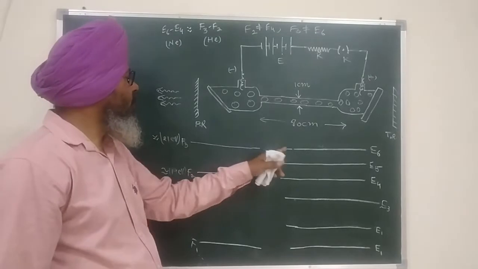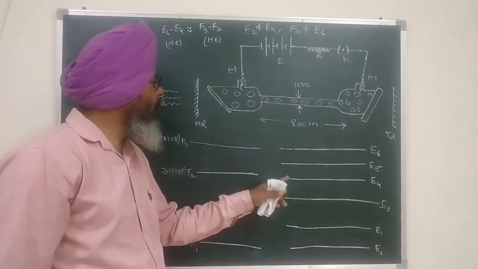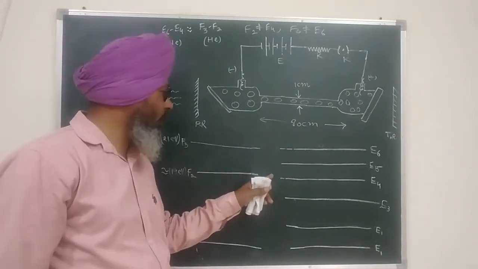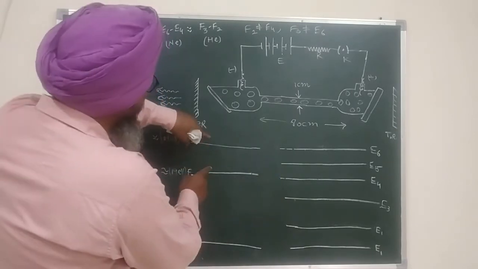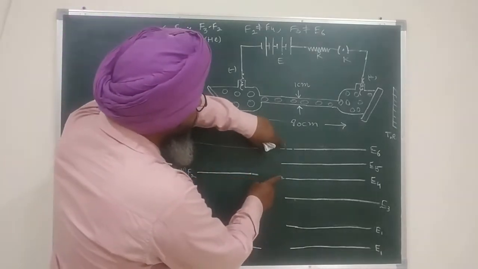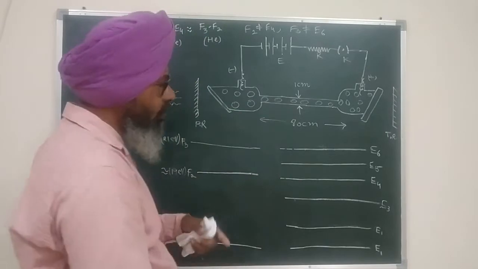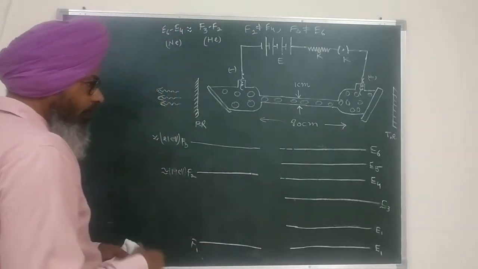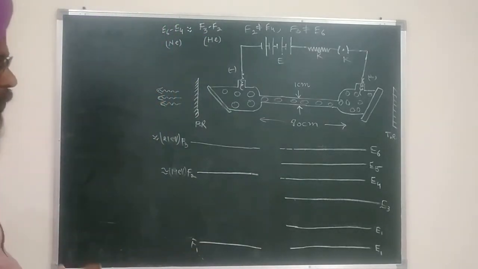These energies, this energy and this energy, are not equal. Similarly, this energy and this energy are also not equal. Actually, the difference of these two energy levels and the difference in the energy of these two energy levels is equal. So we will be using that concept. So kindly again remember that the energy levels of atoms and molecules are their characteristic properties. So we cannot do anything about them. So it will be unique.